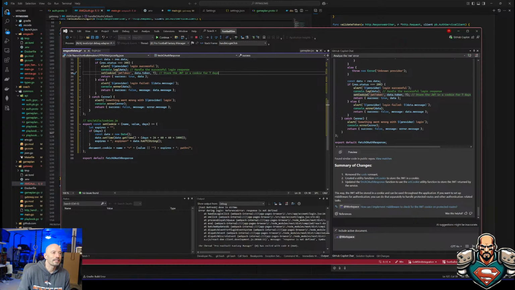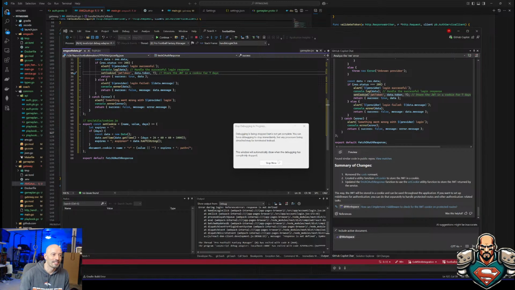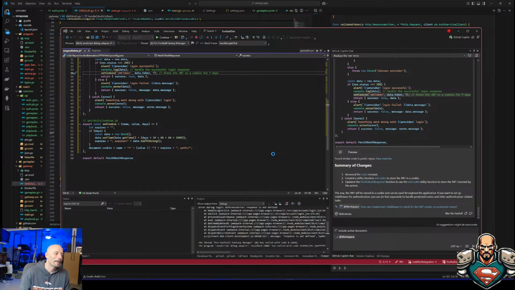Oh man, when it dies that way, I have to wait forever. It takes a long time to figure out how to recover from. I can't figure out which way I'm supposed to kill it so it doesn't do that. Do I kill it here or do I kill it there? I don't know. I think the problem is killing it when it's in a continue state. You kind of want it to run through or something. But sometimes you can't, so I don't know how you're supposed to get out. I don't know the best way to abort.